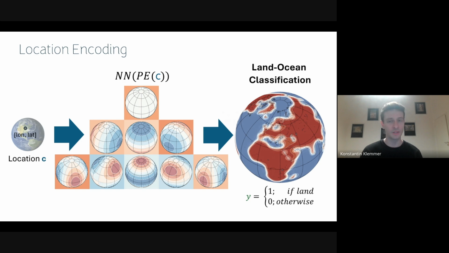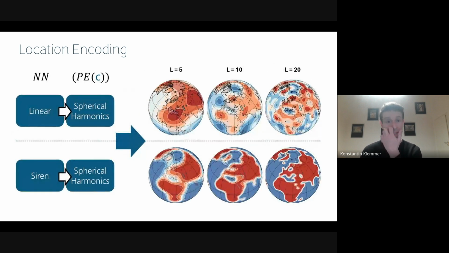In this case, for example, very simple land-ocean classification, right? So here we just sample 10,000 points on the sphere randomly and assign each point one value if it's on land and a 0 value otherwise. And from that kind of sparse observation, our location encoder can learn a dense map of land oceans just like that. Now let's look into the different components of our new location encoder separately to kind of see how much they contribute each to